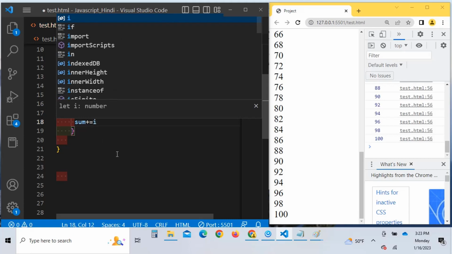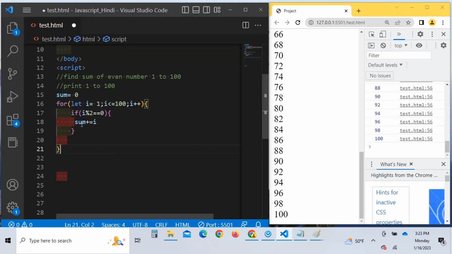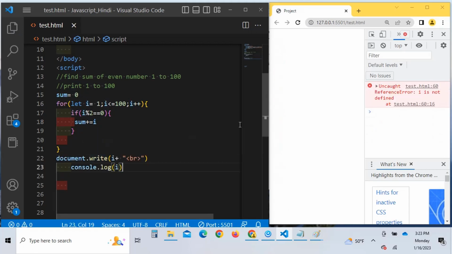So what that means is every time it loops, it's going to add. So first time is 0, now it loops and i becomes 2, so sum is equal to 2. Now sum is 2, once again it iterates, now i becomes 4, because we are only printing even numbers, right? So now it becomes 6, and if you want to print this, I simply say